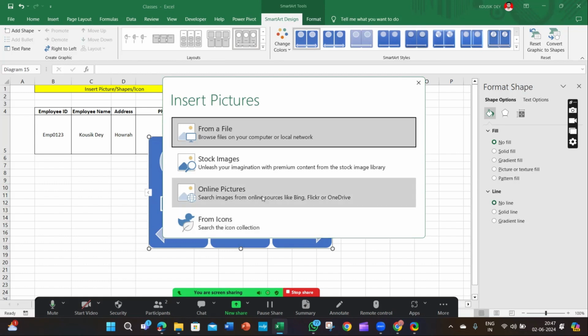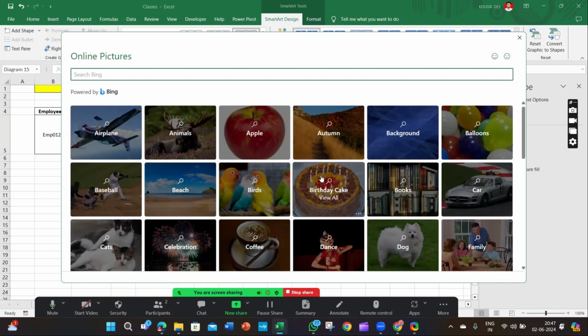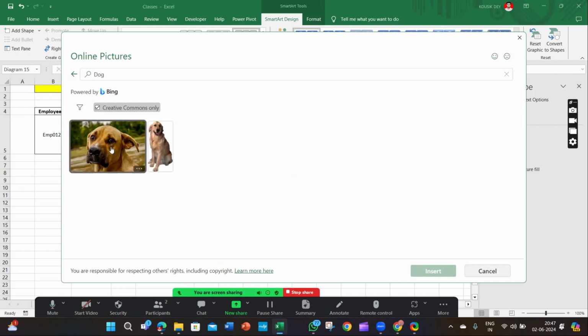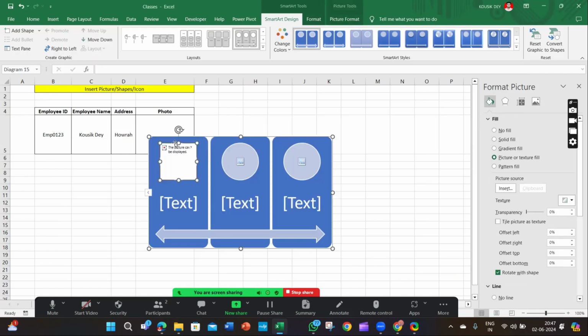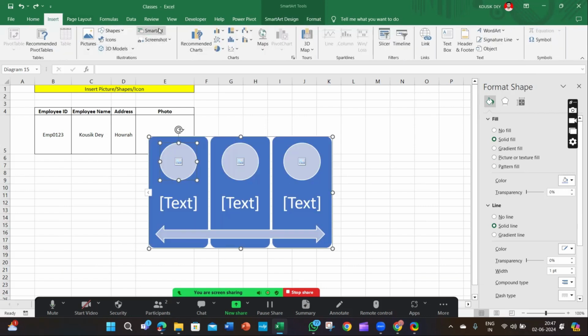Icons you can add. Here we are taking one picture from an online source, and randomly we are choosing anything. For example, this one. Sorry, the picture cannot be displayed. Online source is quite complicated, but another picture we can try to understand.